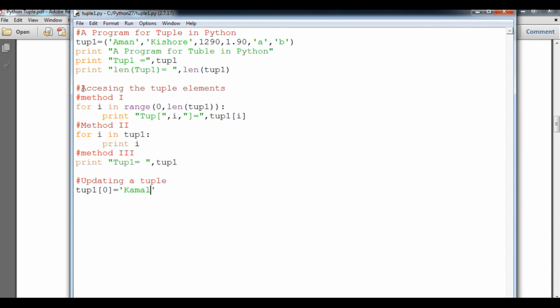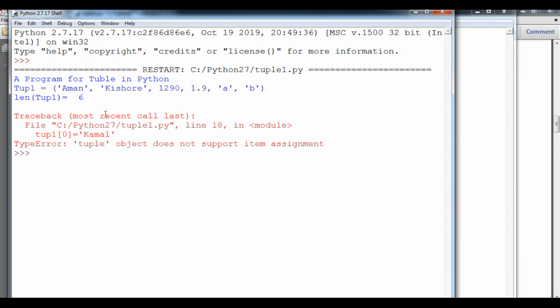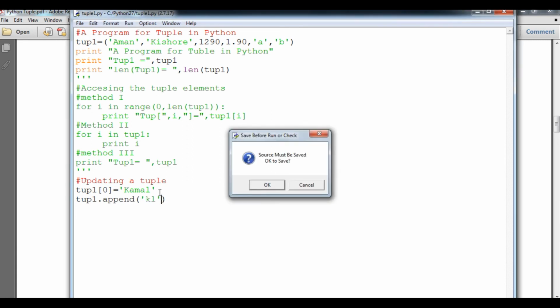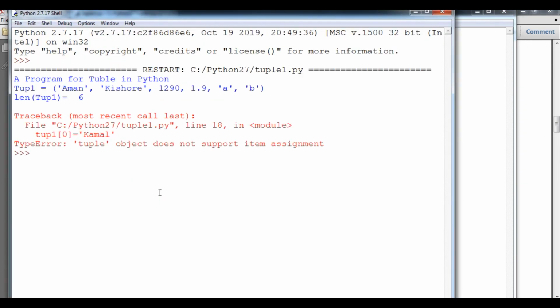Okay, I will do one thing, students. I will comment it out, because I don't want to show you extra code which is not necessary at this time. Now you can see the error has come, not possible for a tuple. Some students are getting the idea: if I use update, we can't do the update, because the append function is actually not allowed in a tuple. So here update is not allowed.